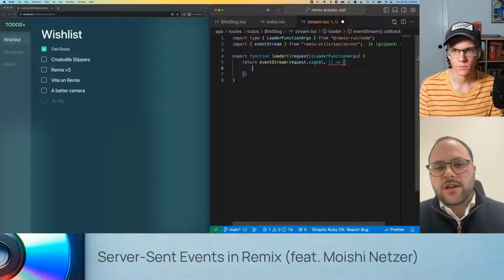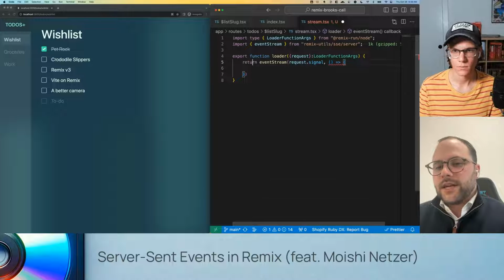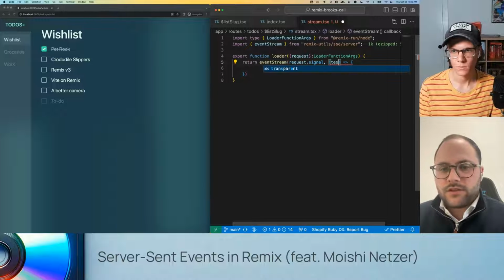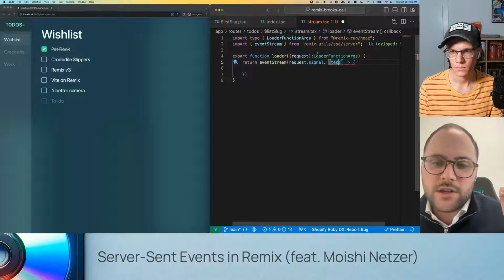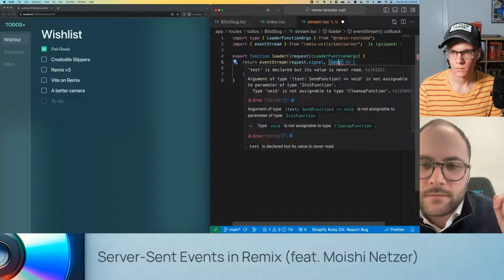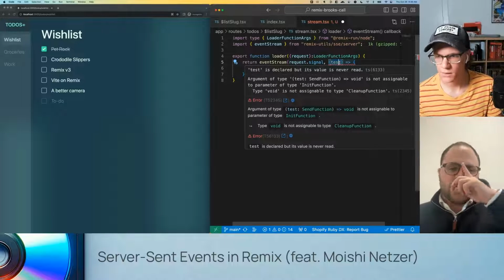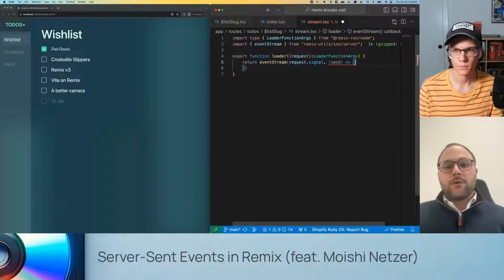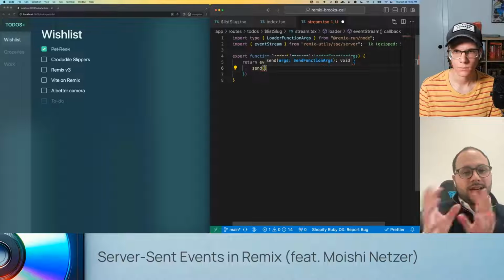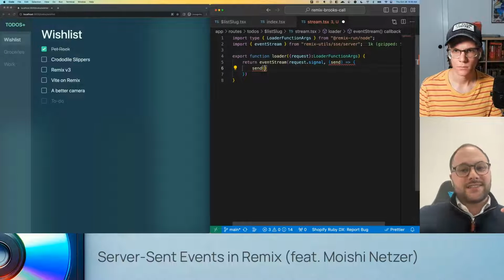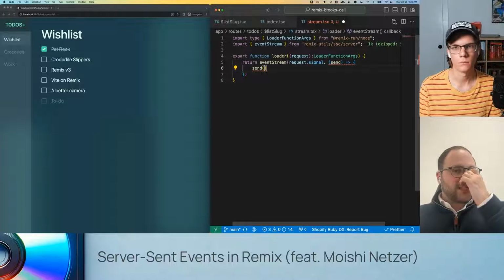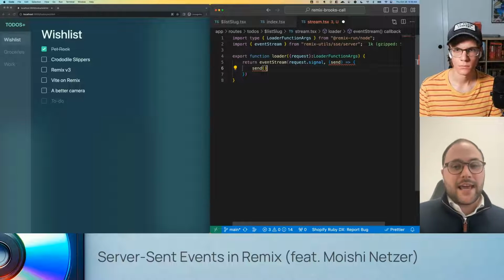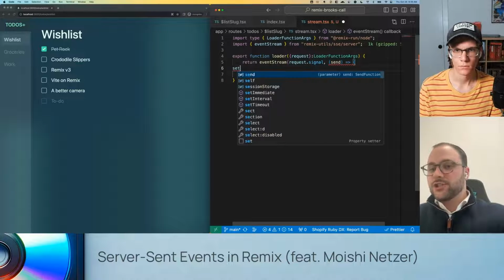Nice. And if you actually just start typing in the parentheses, let's see what it gives us. So start typing. Are you going to get the pop-up today? What is that? So you can see it's a send function. Okay. So let's just change that to send, right? Cool. Okay. Now, the point is that whenever we call this send function, that's going to send data down to the client. So let's just pretend that every 2 seconds we want to send out a message.